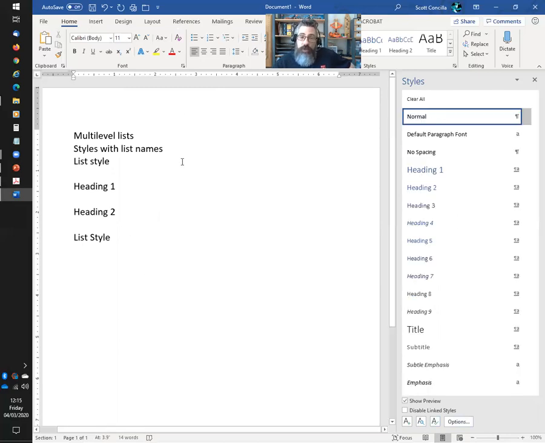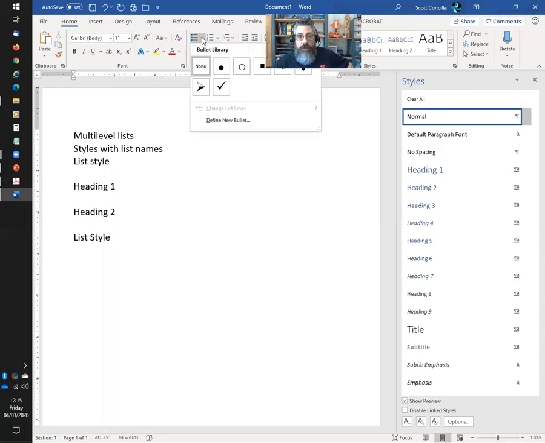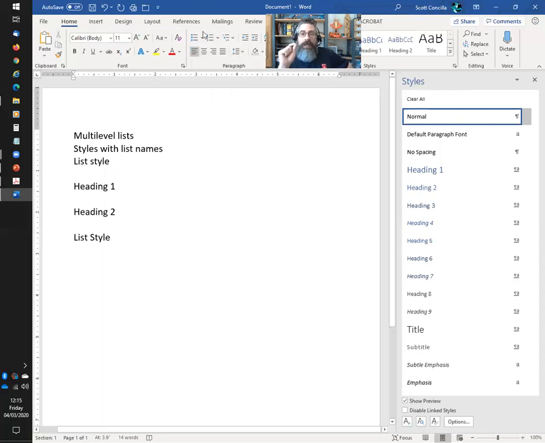What you don't want to do is you still don't want to use these buttons up here. Now, this is going to be the hard habit to break. Now that you've taken all the time to do this, you need to use the styles that are built into the document. Okay, don't use these buttons, because if I go up to this bullets button and I do anything up here, that is completely independent and separate from all of that work that I just did. All of that work I just did to set up bullets and set up numbering is all related to styles, and these three buttons here aren't related to styles,